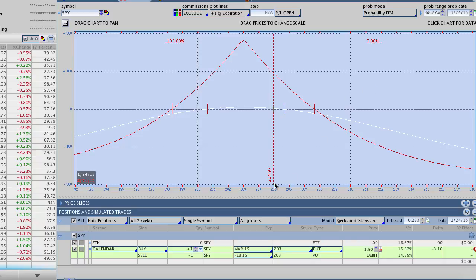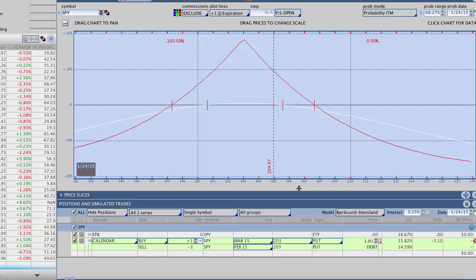So again, the stock's currently trading at about 205. Let's say that all of a sudden we see the market really take a huge move up, and now the stock is trading at about 210. So it makes about a $5 move higher. At this point, it's well outside of our break-even points. We're starting to lose about $50 on the trade. What we need to do is then roll up the put side closer to where the stock is currently trading.